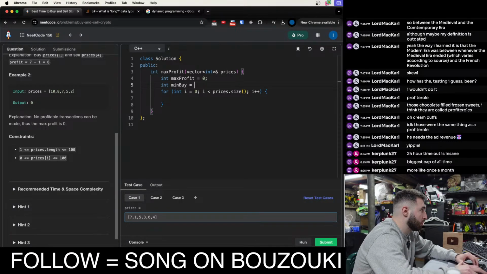Whoops. Okay, so we're at the first element. We're going to compare it to itself. Current profit equals,